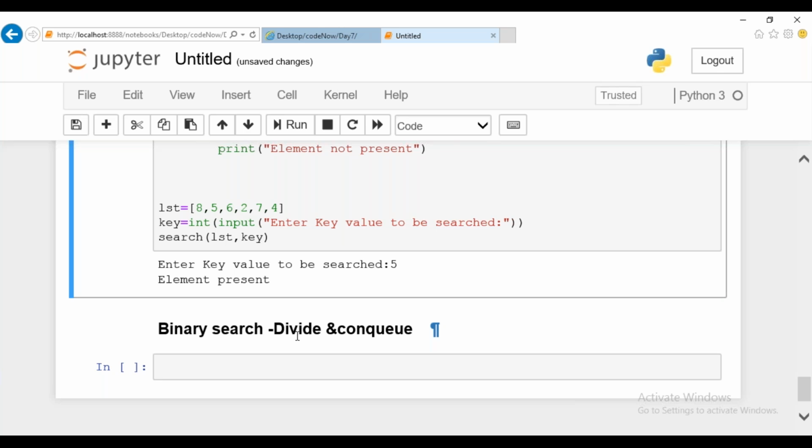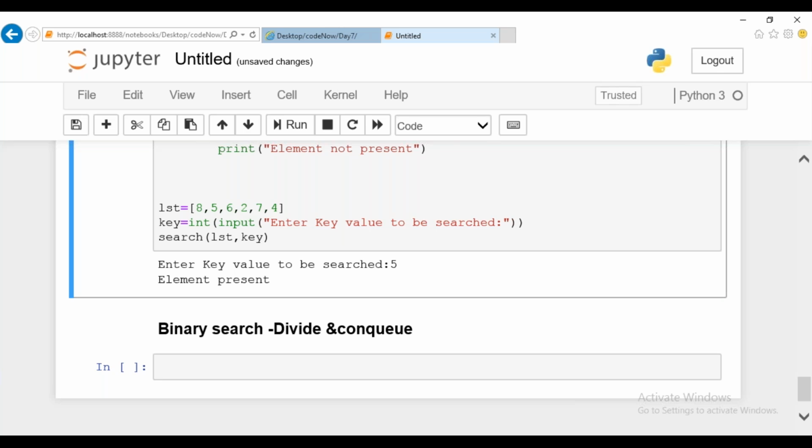And the next approach is binary search. In binary search, you're going to make use of the divide and conquer method. Whenever you solve a problem that is huge, I can't take all the directions at once. I'm supposed to divide the problem into multiple sub-problems, and those sub-problems will be divided further and solved step by step. So this is called the divide and conquer method.